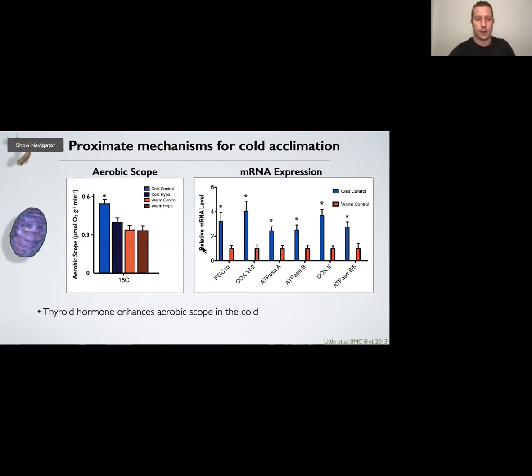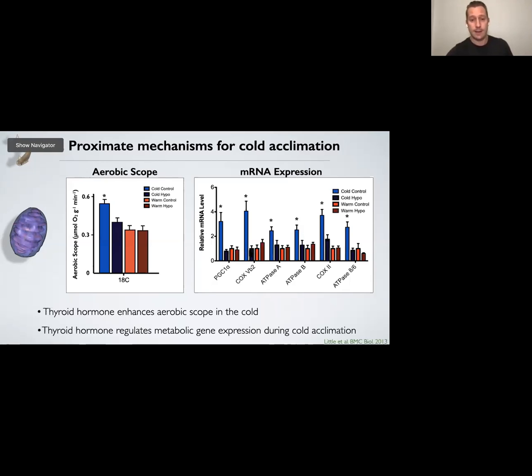On the y-axis here, we have the relative mRNA level. Again, we can see cold acclimated fish have increased the expression, or at least the transcription, of these genes. But when we make them hypothyroid, again, we see a decrease in expression or transcription levels of cold acclimated individuals, again with relatively no effect in warm acclimated fish. So this is really indicating that thyroid hormone is acting transcriptionally to upregulate metabolism, presumably to offset deleterious effects of cold environments on